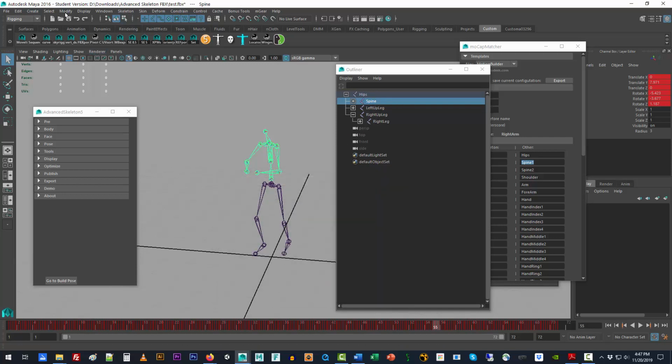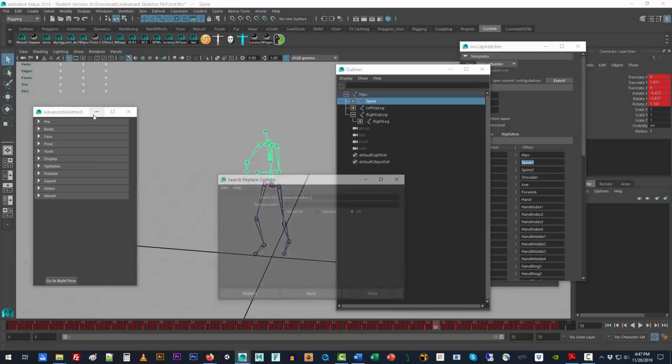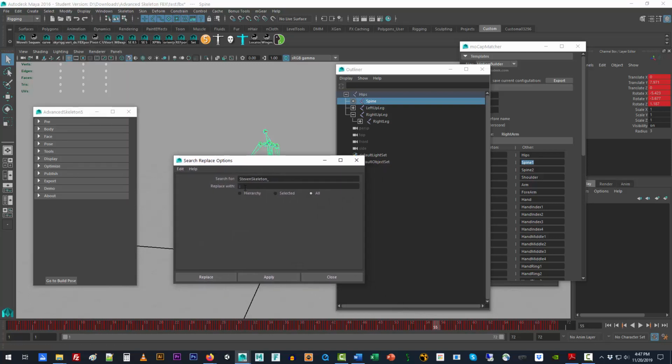Now this is a weird eccentricity. For those of you that have noticed that I actually replaced it with a semicolon and it did not write in a semicolon, I've found that while this is an FBX, you could pretty much put anything in here, or you could put a blank in there and it will get rid of the prefix. So try a couple of things just to get rid of the prefixes, and make sure that you have it on all or hierarchy so it goes down the entire skeleton. And you should be able to wipe it clean so that everything on here is the exact name that is being looked for on the right hand side here inside the Mocap Matcher. So now this is cleaned up,